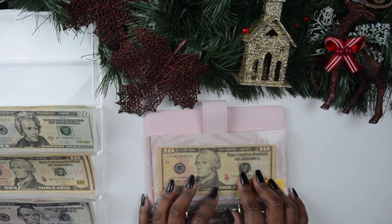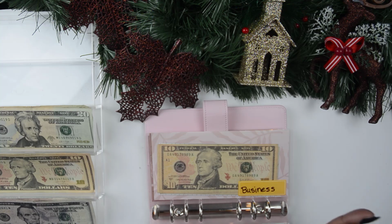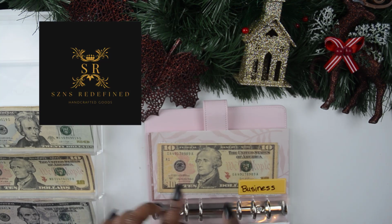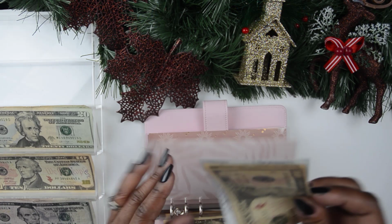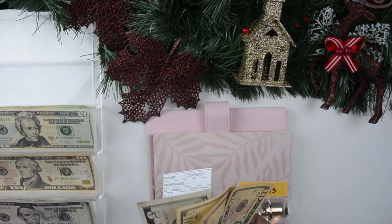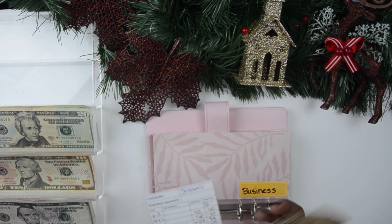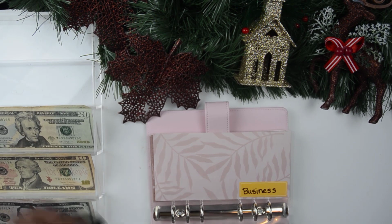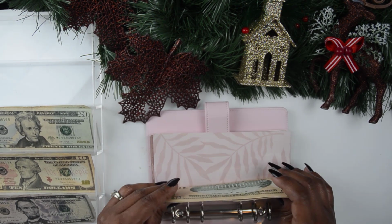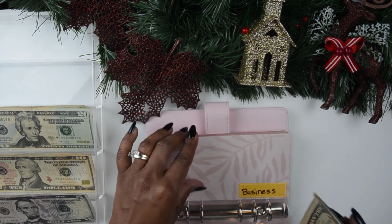Business. Oh, y'all. This is driving me crazy. But I may as well go ahead and tell you guys since we are on this category. Business is getting its standard $10. And that's just for any incidentals that I may have to purchase. So we have 10, $20, $30, $35, which does match the tracker. And then I'll put in an additional $15, and that'll cover my Shopify account. Speaking of Shopify,